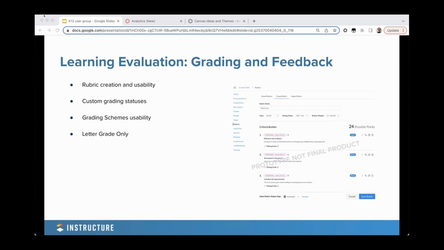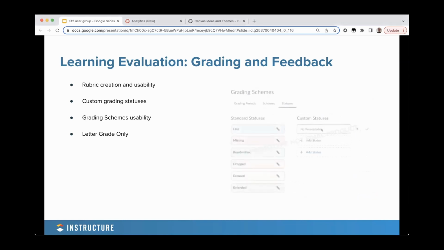The next area that I wanted to highlight is custom statuses. So maybe slightly less exciting compared to what people are pretty jazzed about in the rubric space. But the custom statuses, you hopefully are familiar with these statuses from within the gradebook, these sort of mandatory ones that we put in as part of the product. So you will be able to actually set